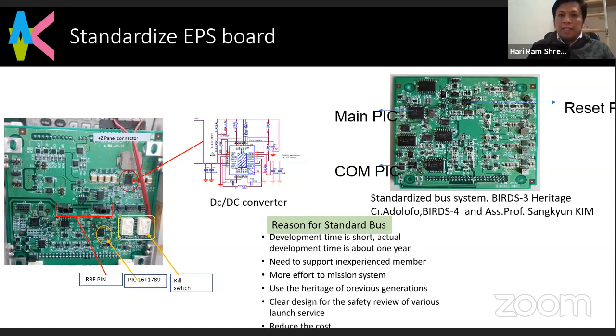Actually, we can see here the communication board, the OBC board, which is the onboard computer system, and the FAB board. The EPS is connected to two boards, the FAB board and the OBC. The OBC has the reset PIC, and the FAB has the other parts: the FAB PIC, the DC-DC converters, diodes, and MOSFETs should all be placed in the FAB. Only the reset PIC is in the OBC board.